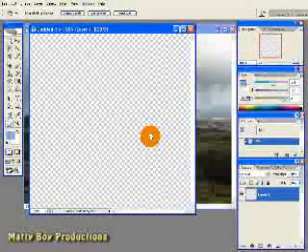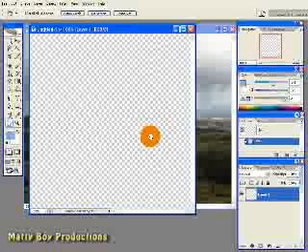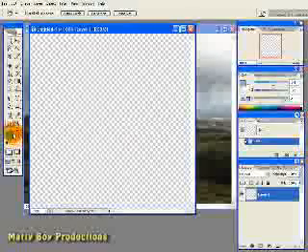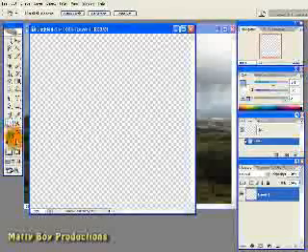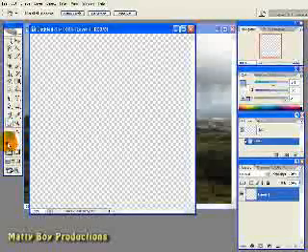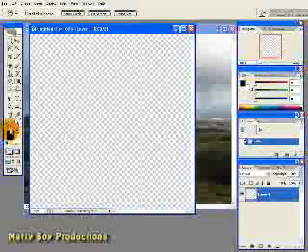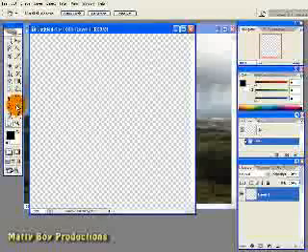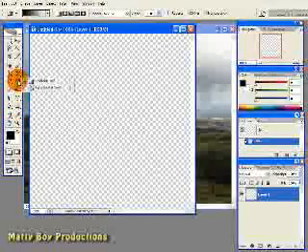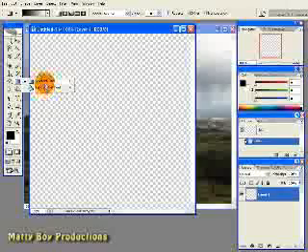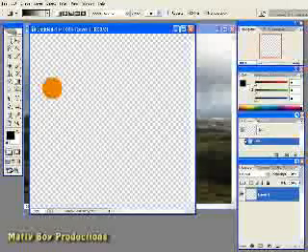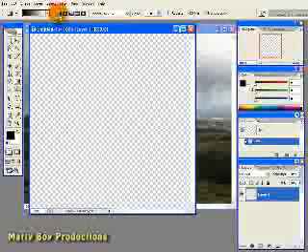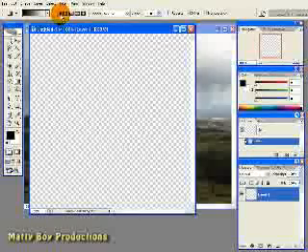Now the first thing we need to do with this new document is create a gradient of black and white across the image. So we're going to go over here to our foreground background colours, and if they're not black and white, then click the icon just on the left hand side of that and it will turn them to black and white. The next thing we want to do is make sure that the gradient tool is selected. It's shared with the paint bucket tool, but make sure the gradient tool is selected. And then up here, make sure that the linear gradient is selected,